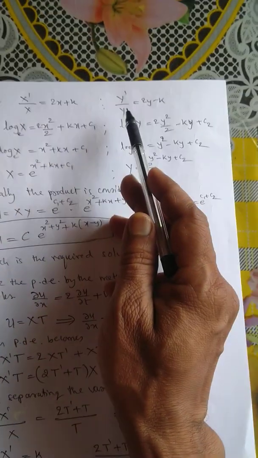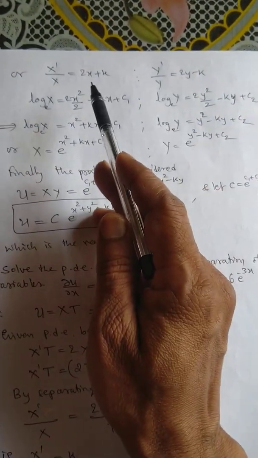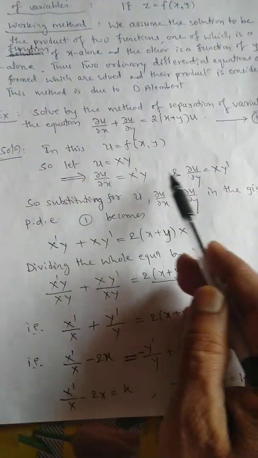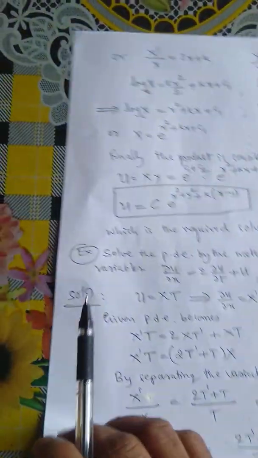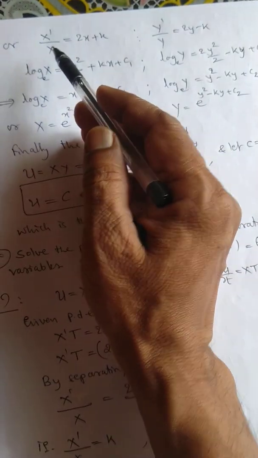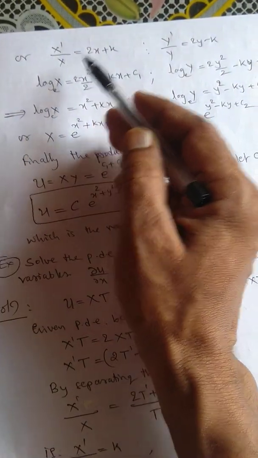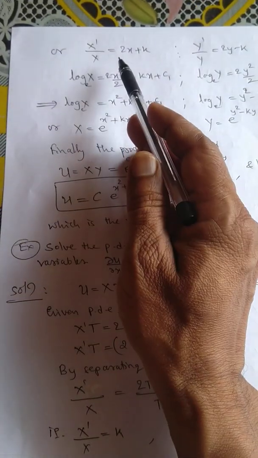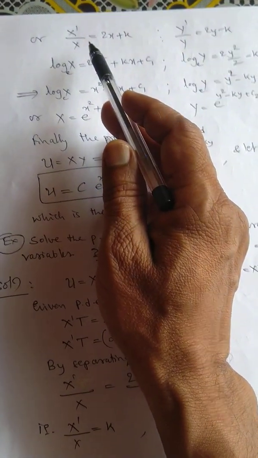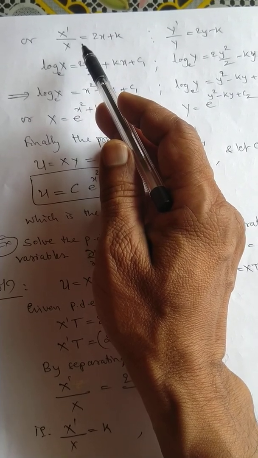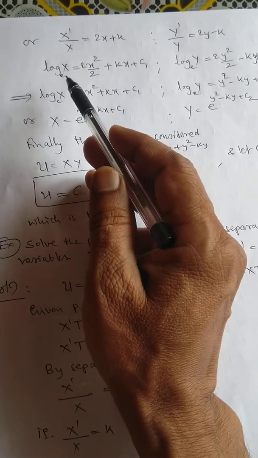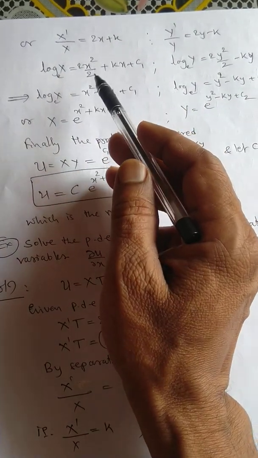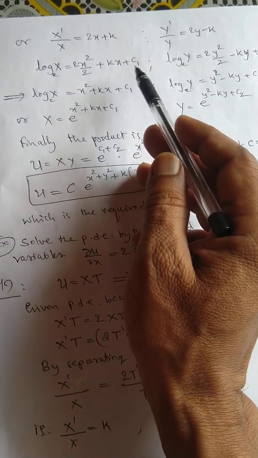Here we solve for Y similarly. So by substituting u, ∂u/∂x, ∂u/∂y in the partial differential equation, and by separating the variables, we have two ordinary differential equations in x and in y. Here by direct integration, and from previous knowledge of first order first degree differential equations, this can be done by direct integration. So integration of this is log X to the base e = integration of 2x, which is x²/2, the 2 gets cancelled, and integration of k is kx plus c1.